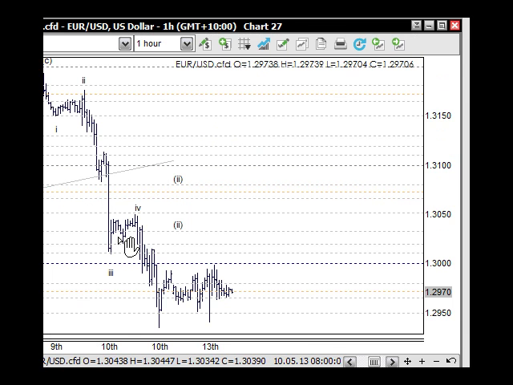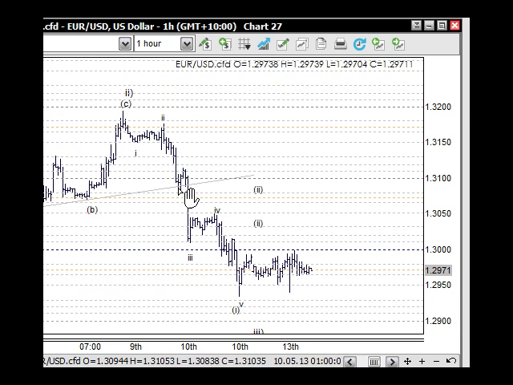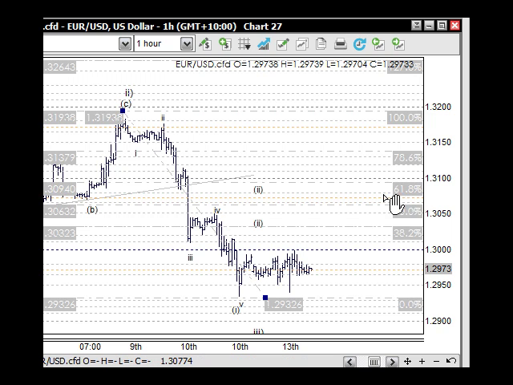If I can just come into the euro here on the 1 hour, we were looking for the euro down in 5 waves, and we've got that, and then we were looking for wave 2 to come back. And the norm is the 61.8 retracement level, of course, back up through this area. But we also know the euro can have very shallow retracements as well. So our first best bet was to look for the wave 4 of 1 lesser degree at the lower end of the spectrum, because when a market does move up, does rally, then you just look to where the most volume is being traded, and then they're your price points where the supply is going to be, obviously. So look,